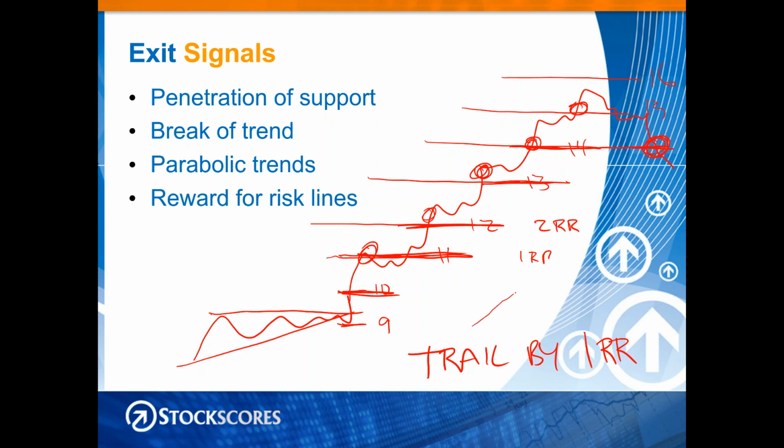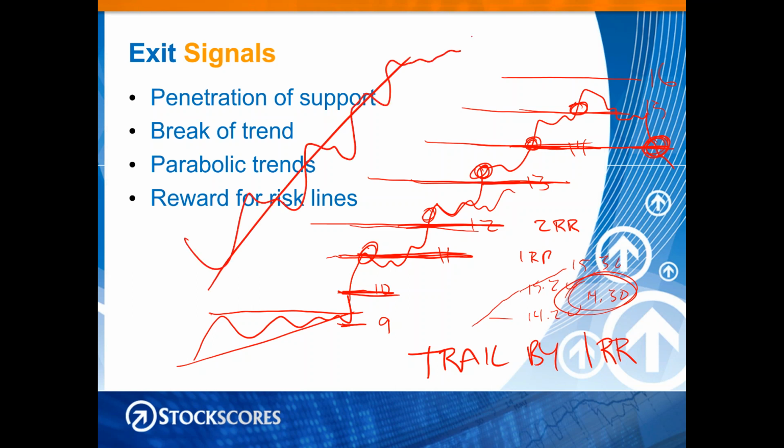So if it goes up to $15.20, then my stop will be at $14.20. If it goes up to $15.30, my stop will be at $14.30. That is not bad, but I find it far more effective to stutter your move of your stop every time you cross above an RR line, because it allows more flexibility in how the stock moves along the way. Upward trends don't go straight up. They do this. And so we need to have some flexibility for these little pullbacks so we can stay with the trade until it ultimately reverses trend and we want to get out.